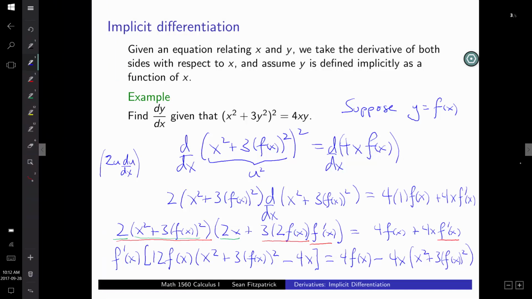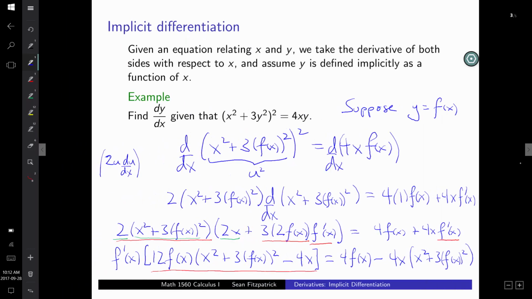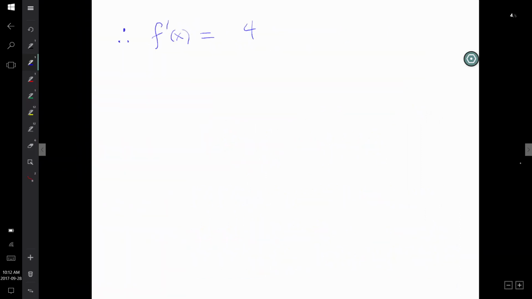Well, all I have left to do is solve for f prime of x, but that means to solve for f prime of x, I just have to divide by this whole mess here. So what do I get in the end? I get f prime of x equals, what was my numerator? This part here, 4f of x minus 4x times x squared plus 3 f of x all squared